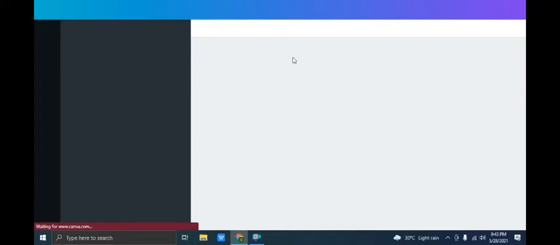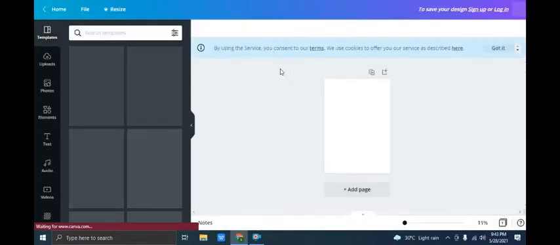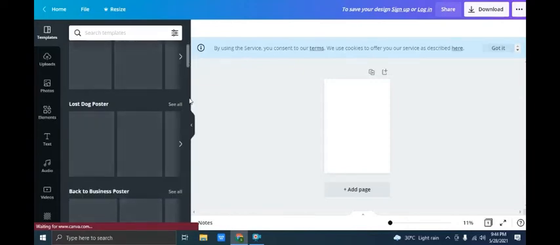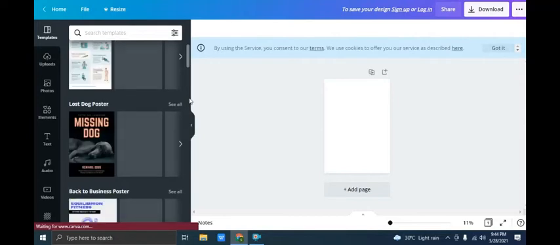Then, see, I will write poster, or whatsoever you want. So I want a poster, and when I search for the poster, it will redirect you to that place. On the left hand side of that place you will get so many templates, and on the right hand side your poster will be designed, and you will design your poster as per your need. You can amend your poster, you can edit your poster as per your wish.